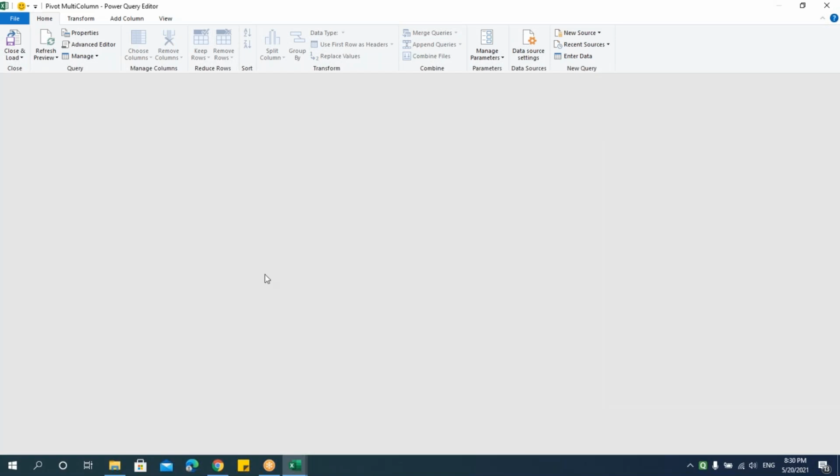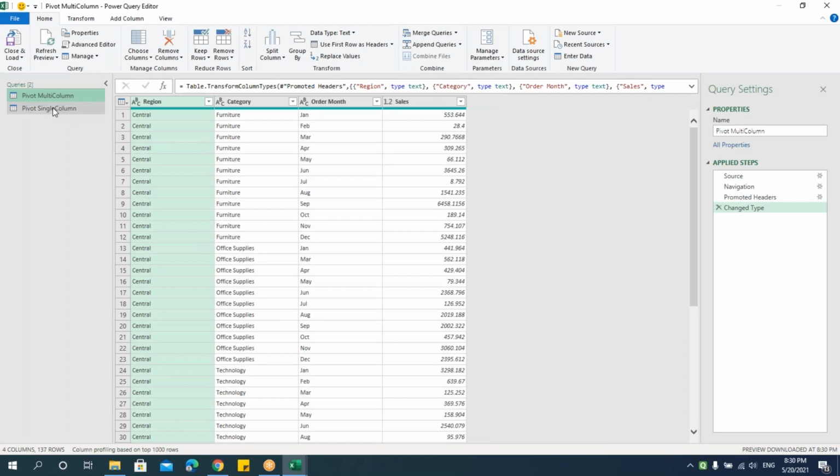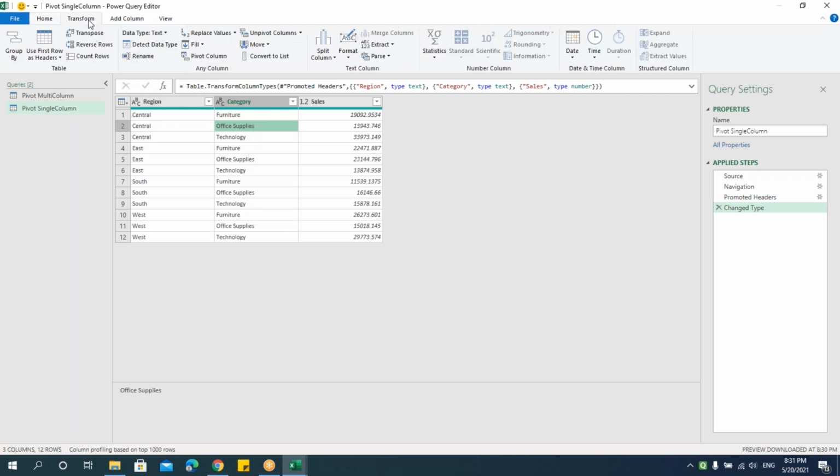So I've taken 2 tables here, that is pivoting of multiple columns or a single column. Let's select this single column. I want this category to be column wise. The headings, furniture, office supplies, technology, should be column headers, where we move this to pivot and create something like a matrix. Select the column, you don't have to select the entire column, just be in this column. Go to transform, and here we have an option pivot column. Click on this pivot column.